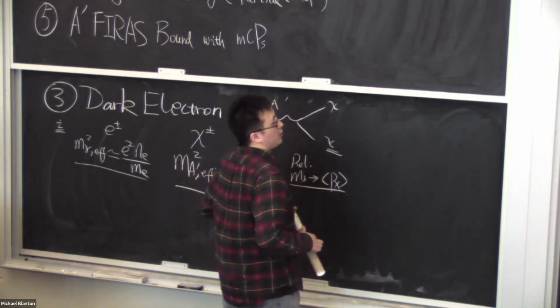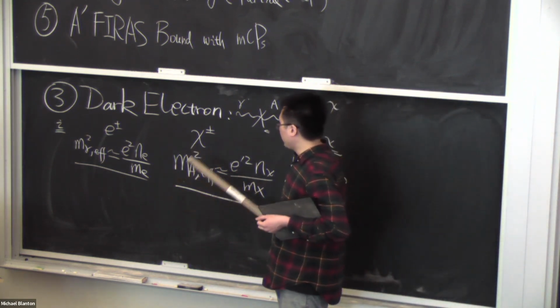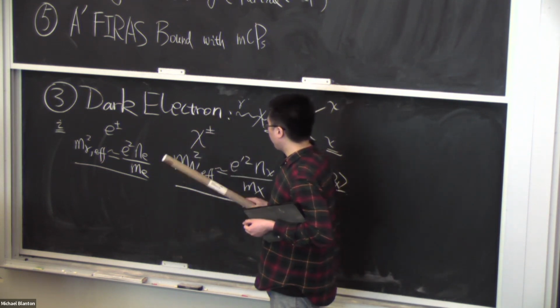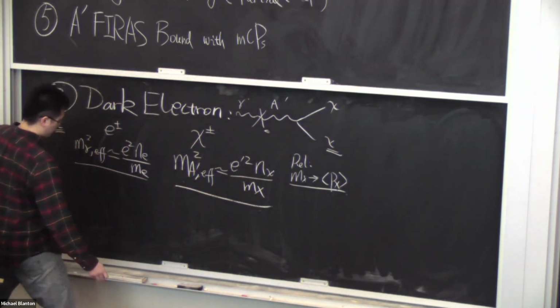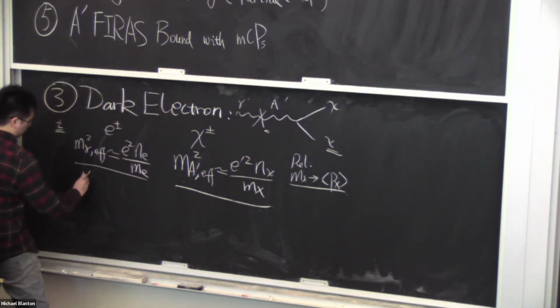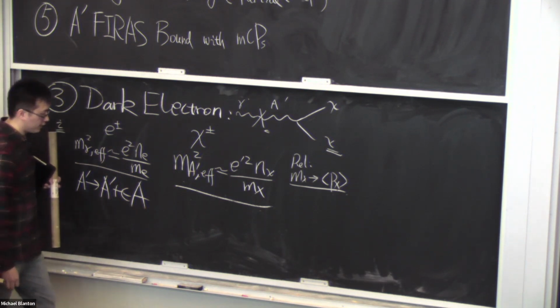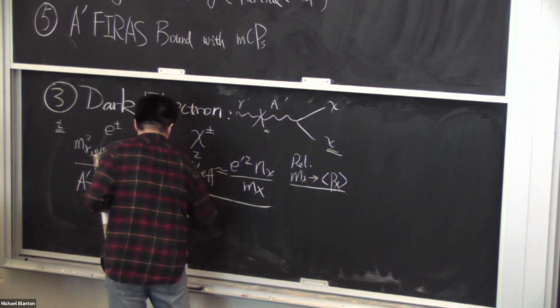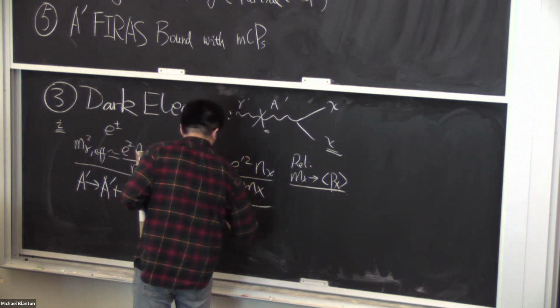So given this, the story changes, because even though the bare mass, or let's say the intrinsic mass, of the dark photon is exactly 0, as long as you have the dark electron in your universe, then you have a non-zero effective mass. So still, let's review my former discussion. Let's do the redefinition again. And what we find is, as long as there's some effective mass, maybe I don't know whether it's plus or minus, but as long as we have some effective mass,